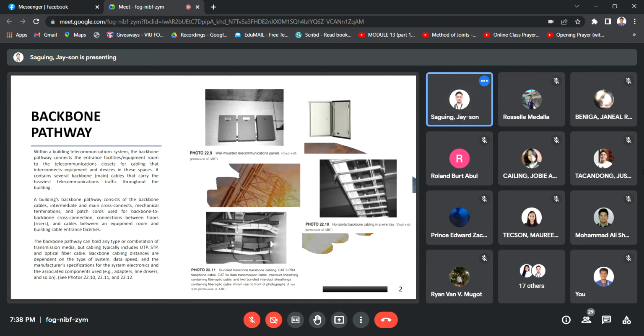All cables in the backbone pathway are typically strung in a star topology. This configuration allows modifications to be made without the hassle of having to pull new cables. See photos 22.10 to 22.12. As you can see in photo 22.10, that is the horizontal backbone cabling in a wire tray. And photo 22.11 is a bundled horizontal backbone cabling,